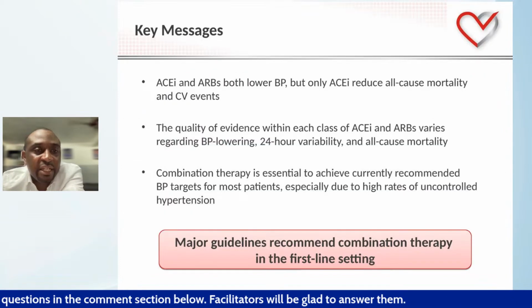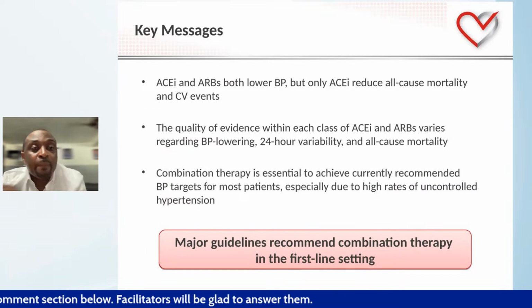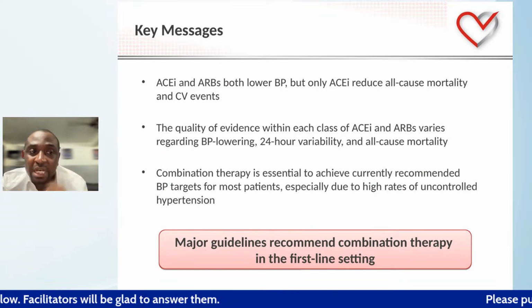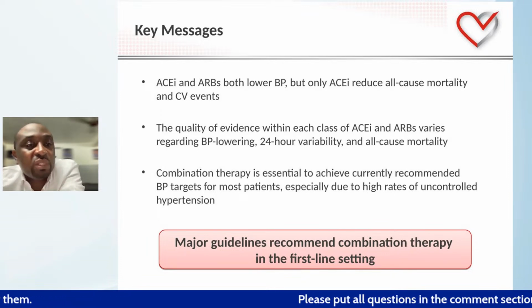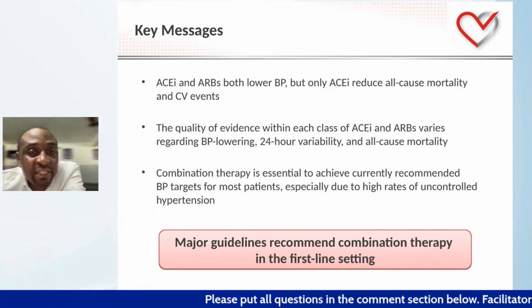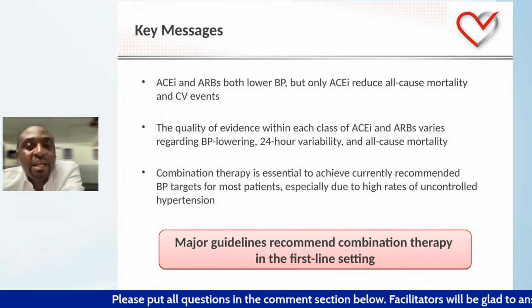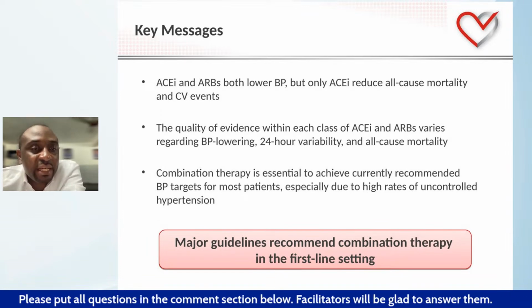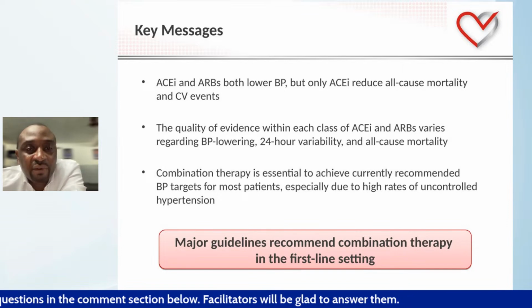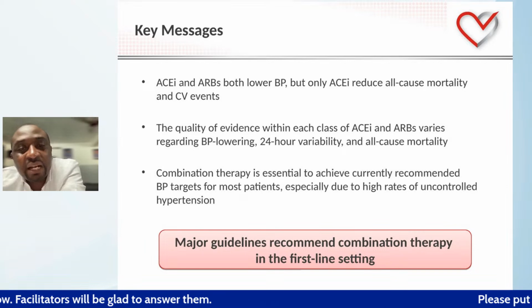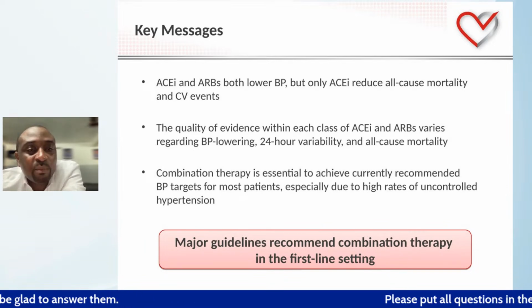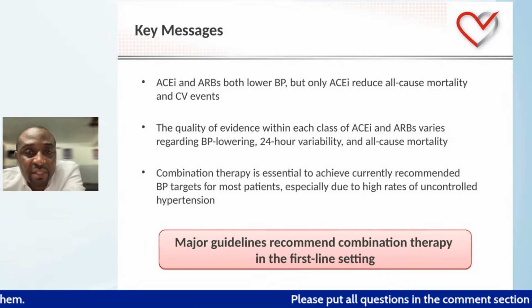The answer is no. So in conclusion, ACE and ARBs both lower blood pressure, but only ACE inhibitors have shown reduced all-cause mortality and cardiovascular event. The quality of evidence within each class of ACE inhibitors and ARBs varies regarding BP lowering, 24-hour variability, and all-cause mortality. Combination therapy is essential to achieve currently recommended BP target for most patients, especially due to high rates of